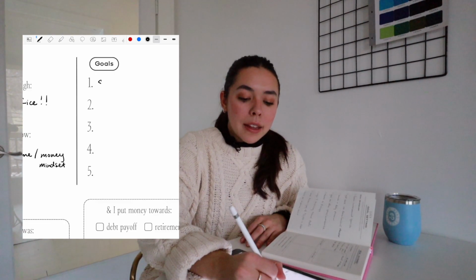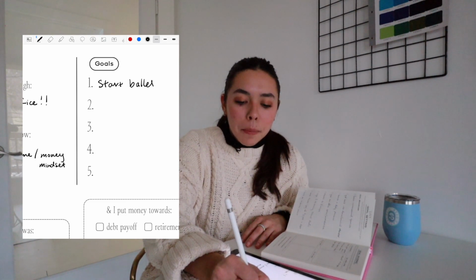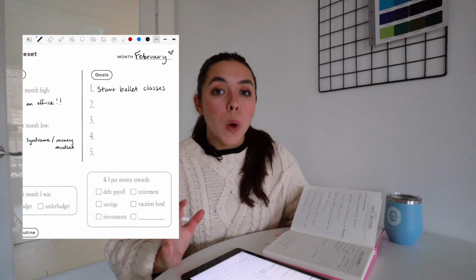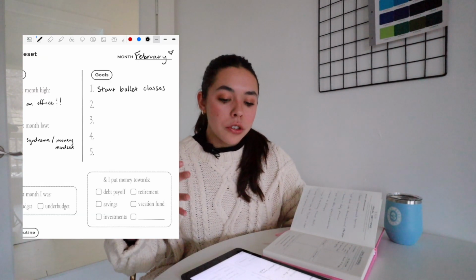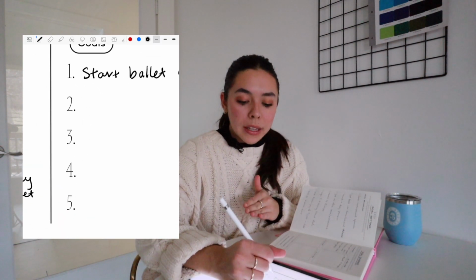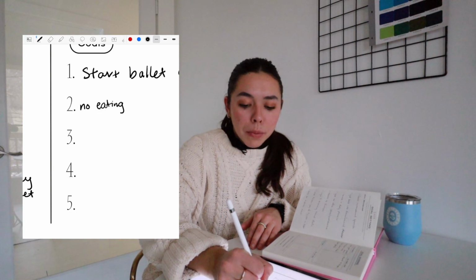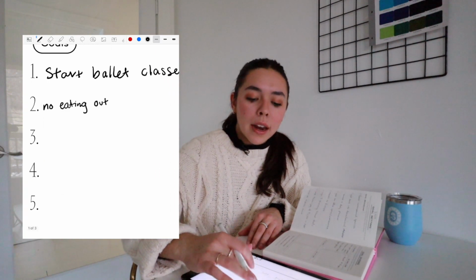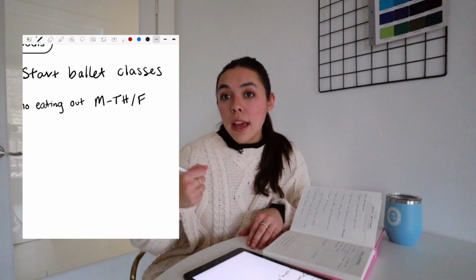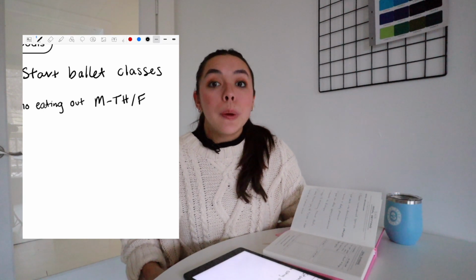I want to start ballet classes. That's something I've been wanting to do this quarter. And I feel like February will be a good month to do it. And if I just do 1 class this month, just getting in the studio and trying it, I think will be fun. Continue the habit, but really make it a thing of no eating out Monday through Thursday, basically. Sometimes Monday through Friday. Really, the only time I've been eating out is on weekends, usually with friends or with my boyfriend, and I feel like that's a really great way for me to be good about cooking for myself